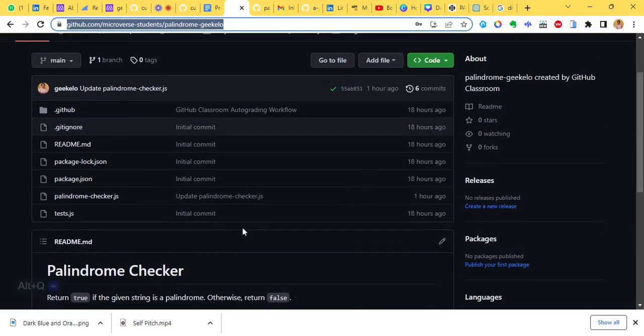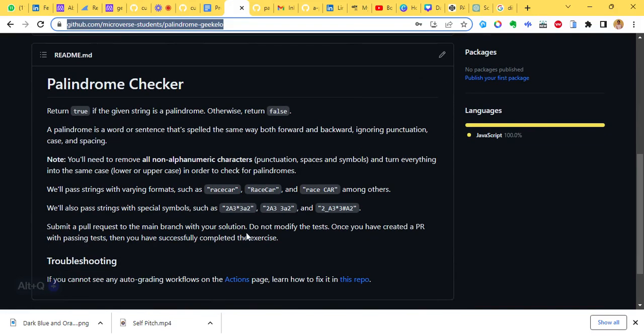All right, so I'm going to be walking you through this coding challenge titled Palindrome Checker. It says return true if the given string is a palindrome. Otherwise, return false. A palindrome is a word or sentence that's spelled the same way both forward and backward, ignoring